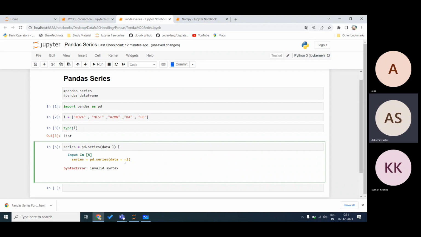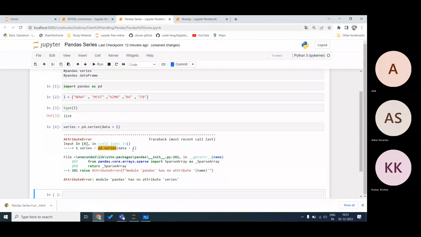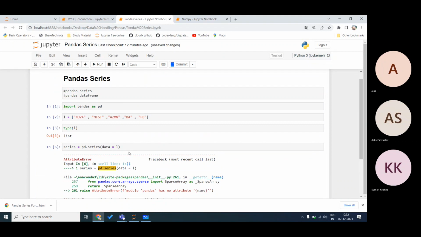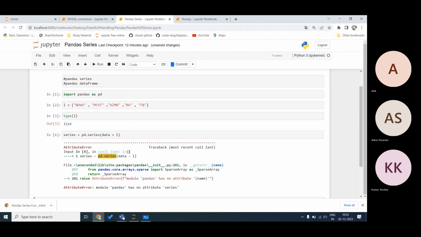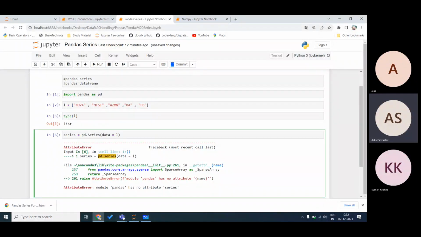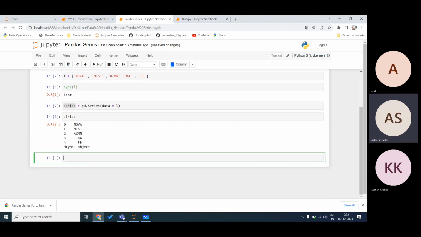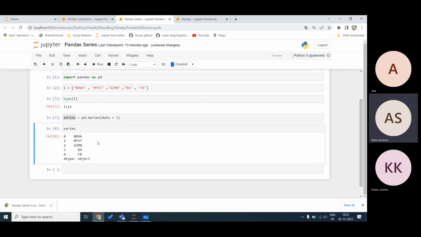It's not taking. Okay, the spelling is wrong. This is capital. So if I'm printing series, it will give me this answer. This is your index, and whatever is inside it gives a value.